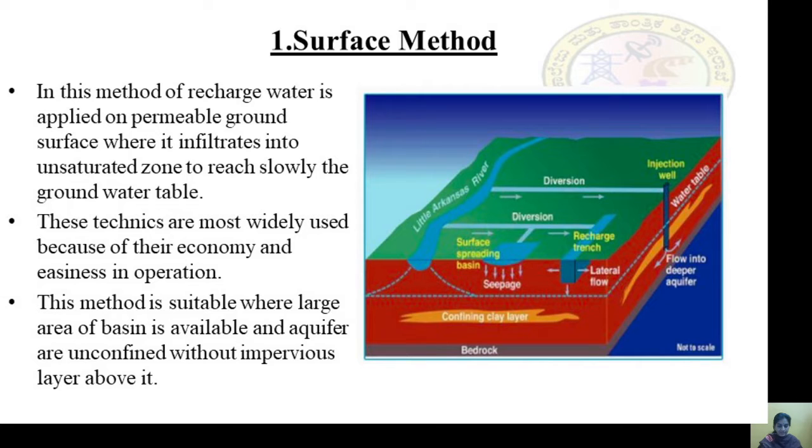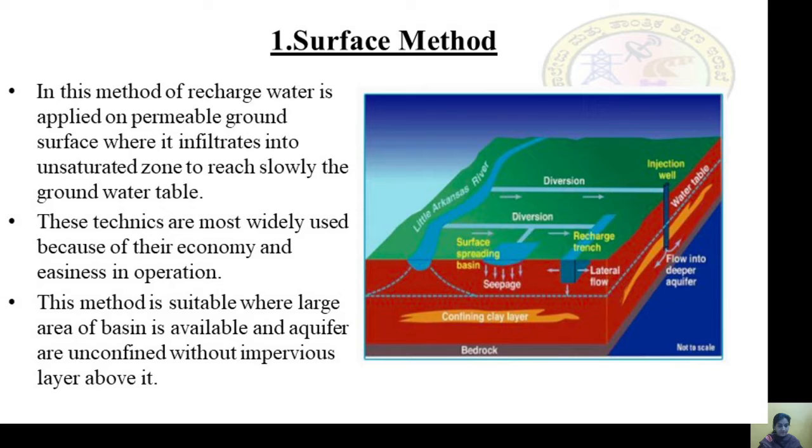You can see in this method of recharge, water is applied on permeable ground surface where it infiltrates into the unsaturated zone to reach slowly the groundwater table. You can see various types of water channels are provided so that water is applied on a permeable ground surface.